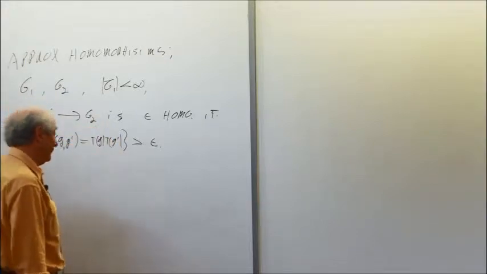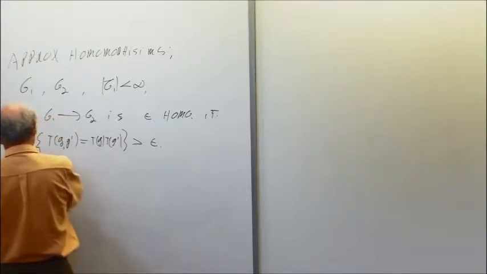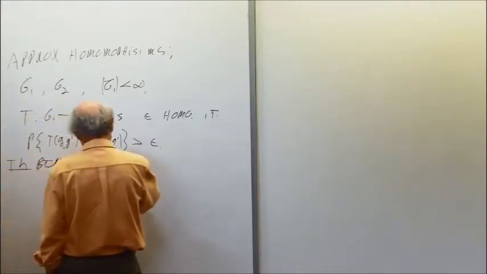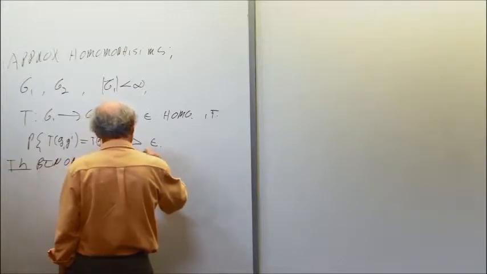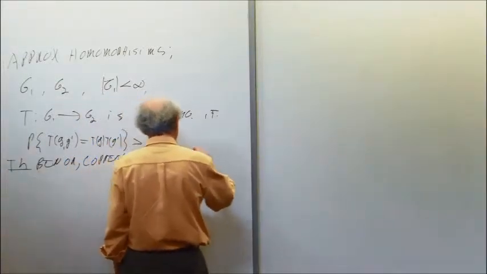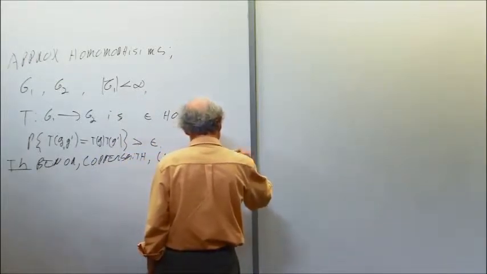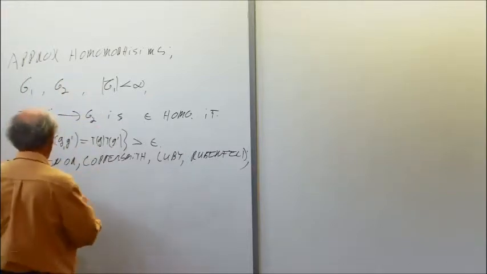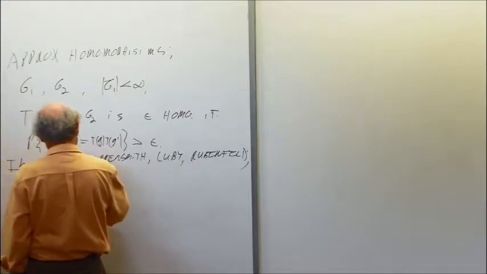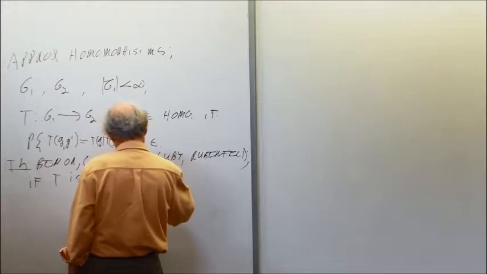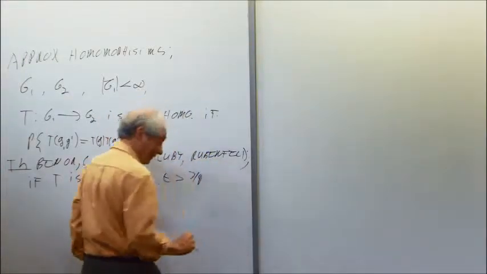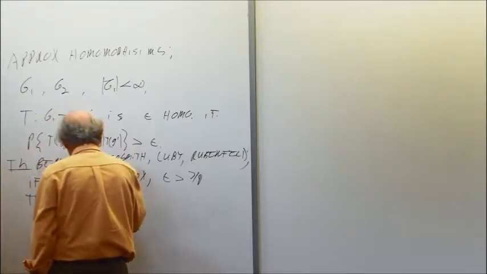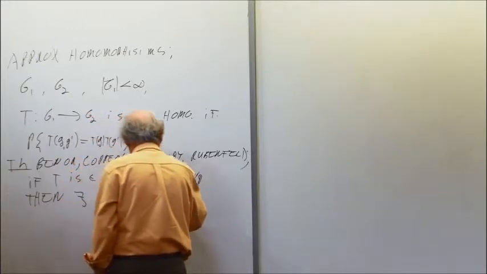There's a very nice theorem due to, let me see if I remember, Ben-Or, Coppersmith, Luby, and Rubinfeld, which says that if you have an epsilon approximate homomorphism T, for epsilon bigger than 7/9, then there exists an actual homomorphism, say phi, from G1 into G2,